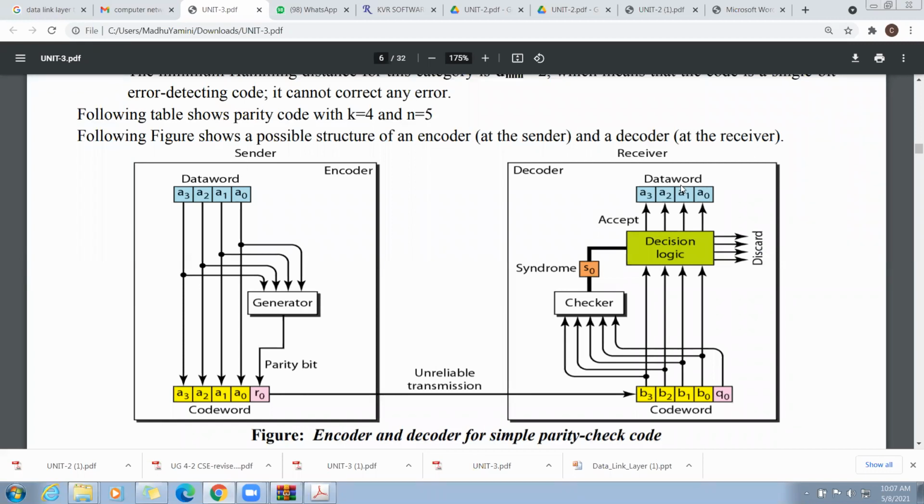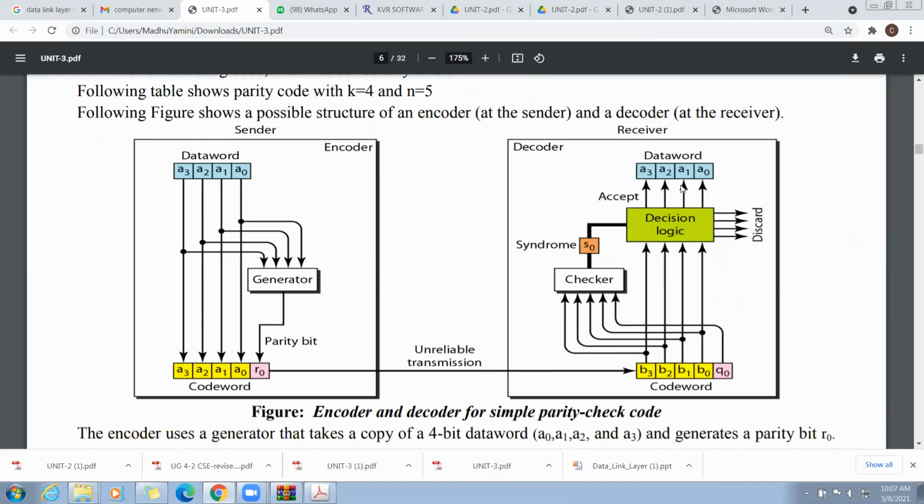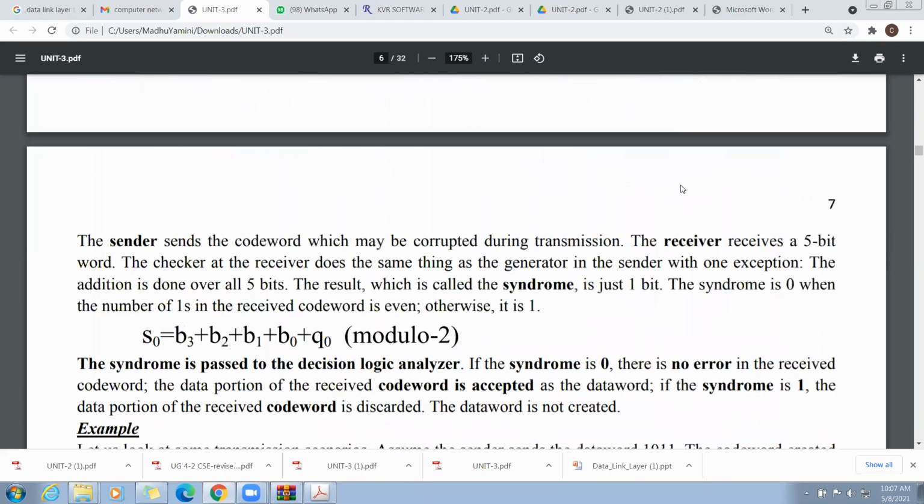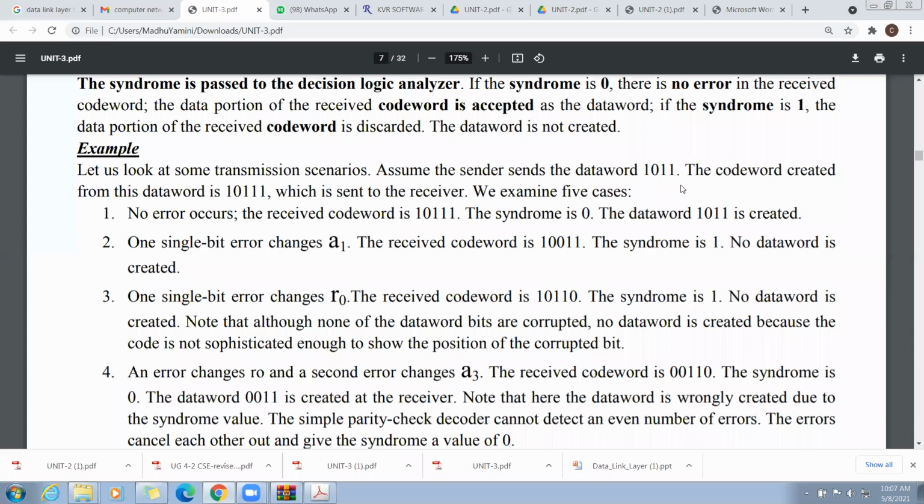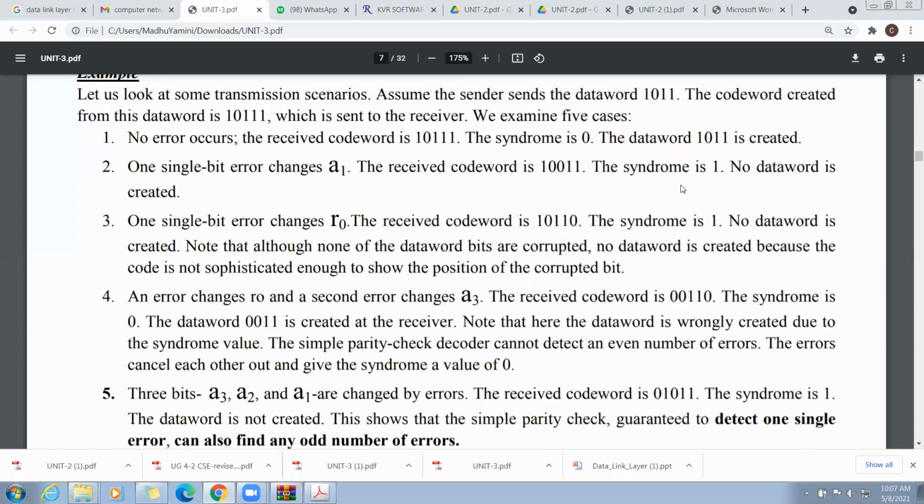It will receive the wrong data word. So hence we conclude that this simple parity check is applicable only to detect an odd number of errors or single errors. Okay. These are the 5 cases we have seen.